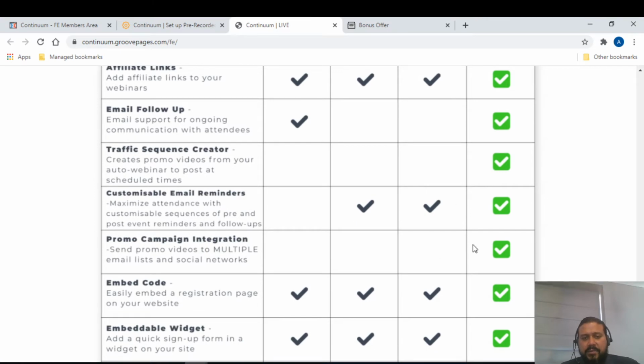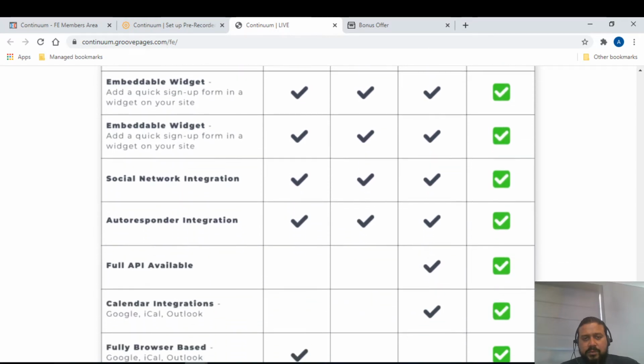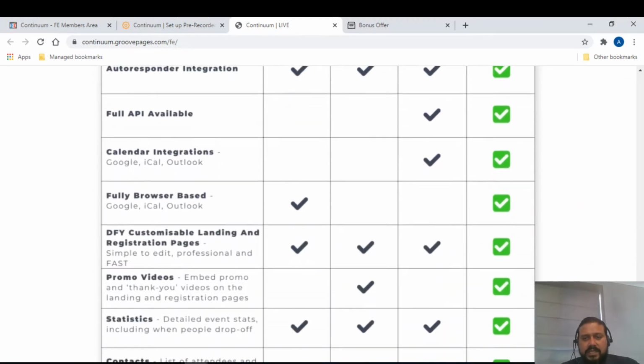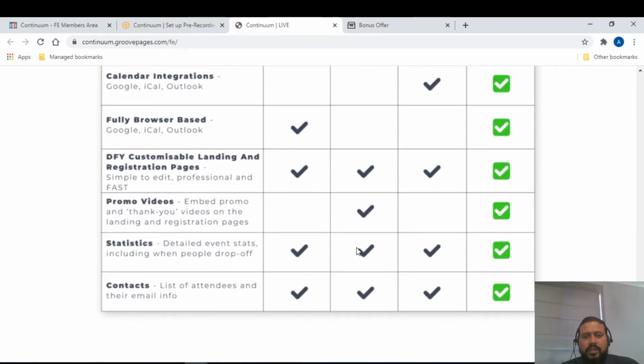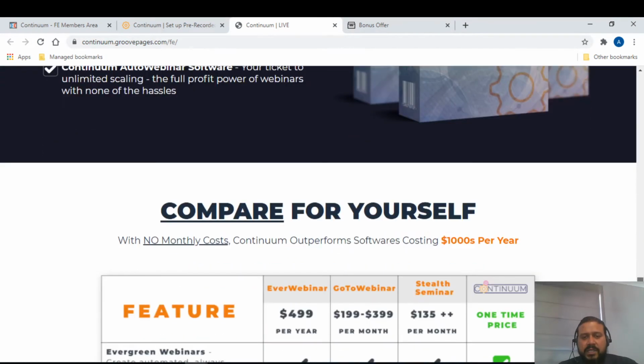Custom made email reminders, yes. Embedded code, yes. Embedded widgets, yes. Social network integration, autoresponder, full API is available, yes. Calendar integration, yes. Fully browser based, yes. And you have got all the checkmarks here, wherein you can see there are missing gaps in the other webinars.